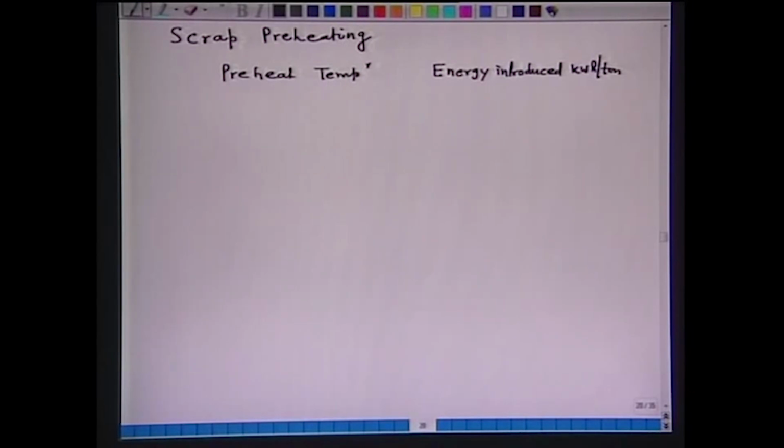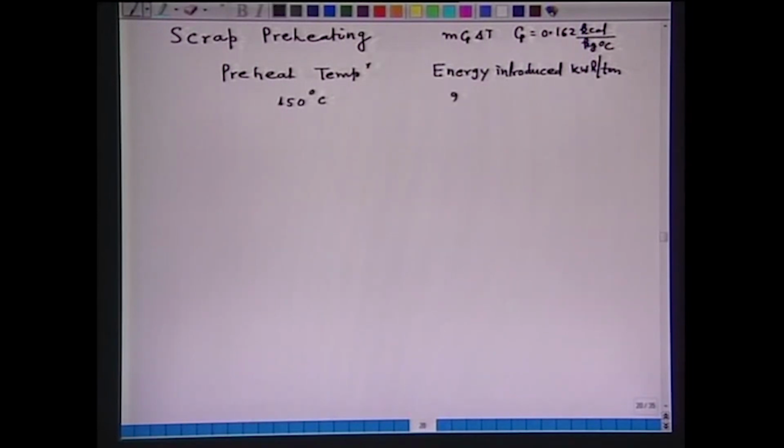Now, I can calculate it very simply, that is the energy is m Cp into delta T. M I take for example 1000 kg, the Cp of steel I can take for example 0.162 kilocalorie per kg degree Celsius, and now if I calculate, for example, my preheat temperature is 150 degrees Celsius,